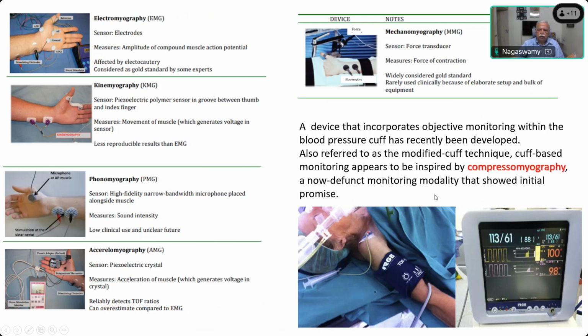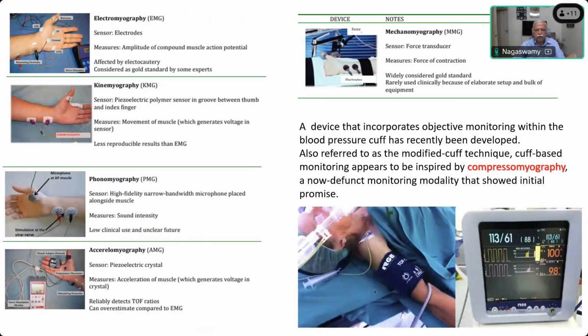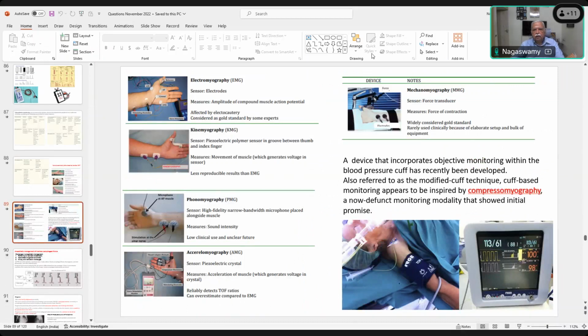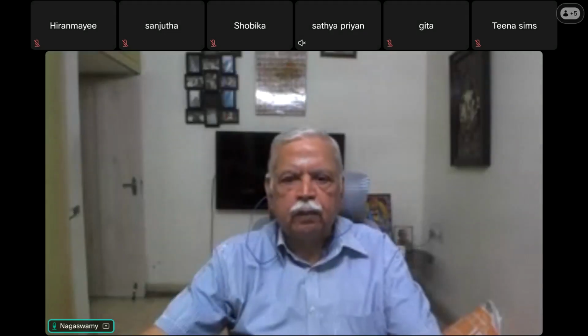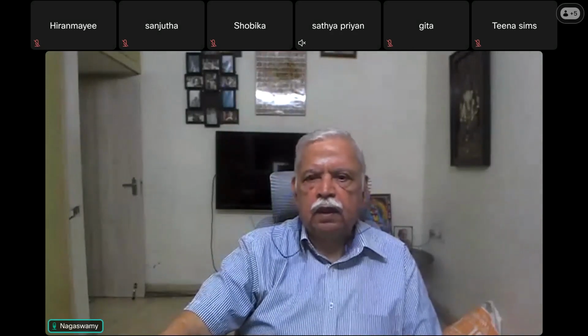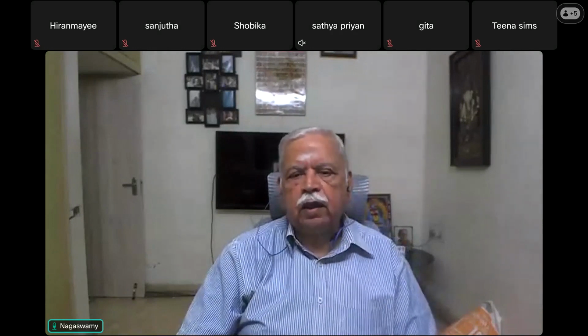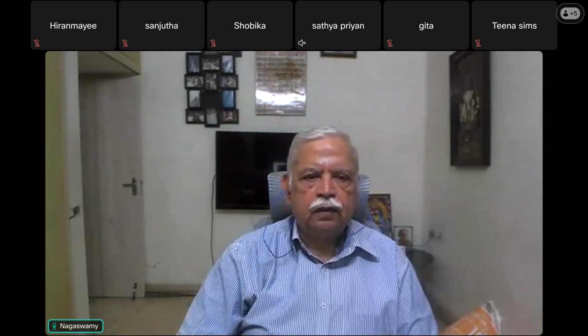A new, different monitoring modality that has shown initial interest, and you can see the stimulus that is happening in the monitor, which is coming along with the multi-parameter monitor. Okay, so that is the short form of mentioning neuromuscular monitoring, which is a very common question, and its answers are available in all standard textbooks, and you can easily answer that question. You should be able to